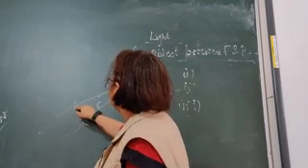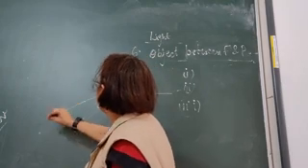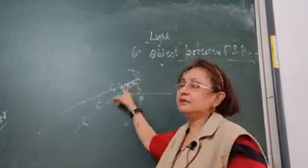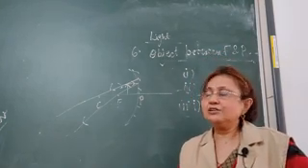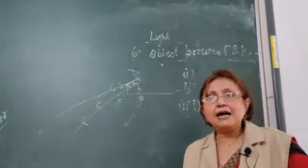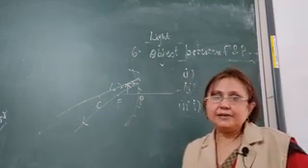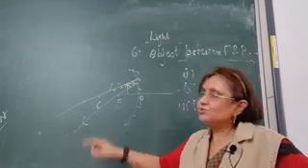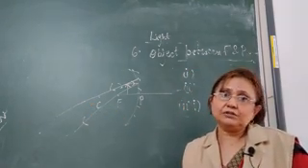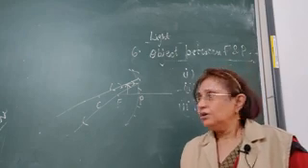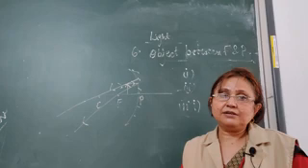This is the incident ray and is reflected back along the same path. We know that the incident ray, when it passes through the center of curvature, is reflected back along the same path. So the same is the reflected ray. Now these two actual reflected rays are diverging away from each other. So keep on extending the actual reflected rays, they will never meet.